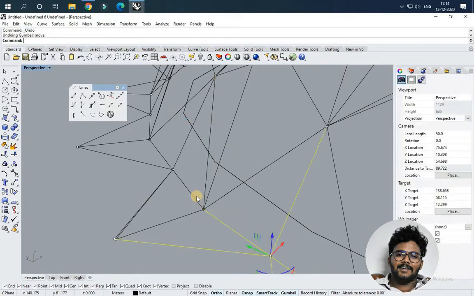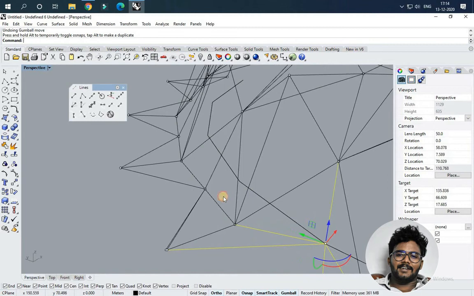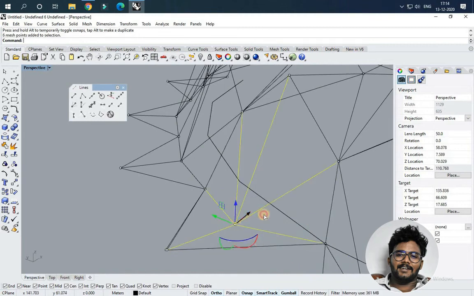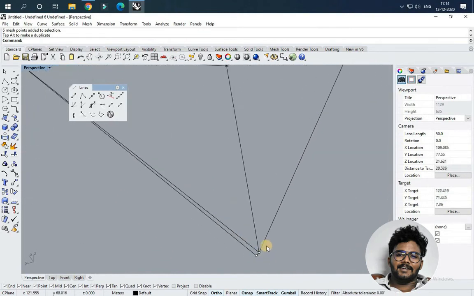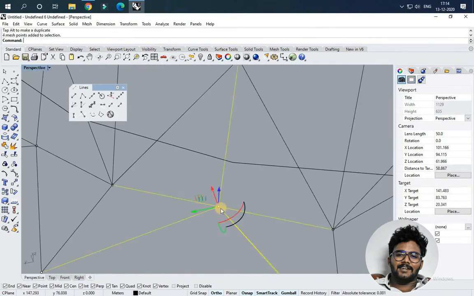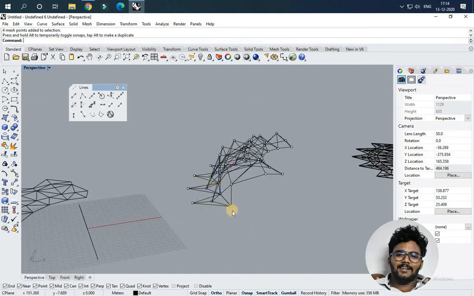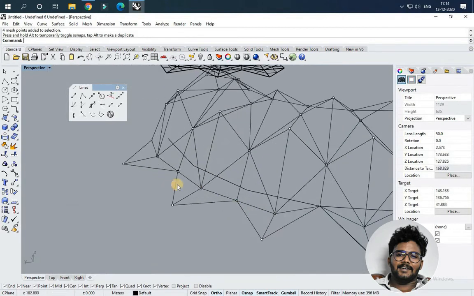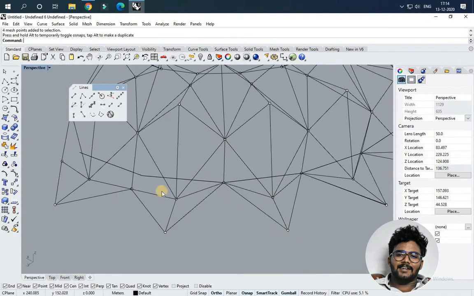So I should do this for every step. So here is the mess. I think I didn't join the lines perfectly, so you will get a mess like this. But this is not a bigger mess. If you don't do the wireframe in a proper manner, you will get more than this. This is just 0.1%. You can see this is not a big mess.